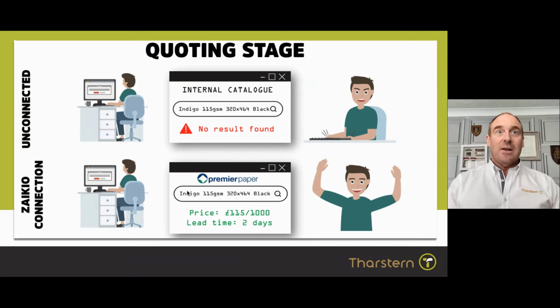As an unconnected customer, you are bound by the fact that most MISs will have an internal catalogue of substrates and materials, and when you're doing a quote, you do a search for it, you put the information in, and you're reliant on that material being present in the catalogue. And if it's a special, then you need to make a phone call and speak to someone, or go online, or whatever. And of course, it's a little bit frustrating,